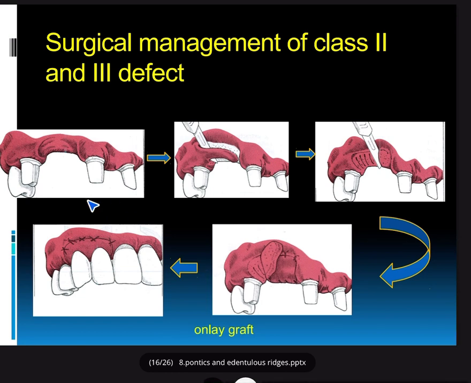And what is this management, if you can call it? This is the onlay graft for the augmentation of the ridge width and height. What you have to do, first, you can see this is the prepared teeth here. And then if you see, we are just giving the anesthesia, and we are giving here a